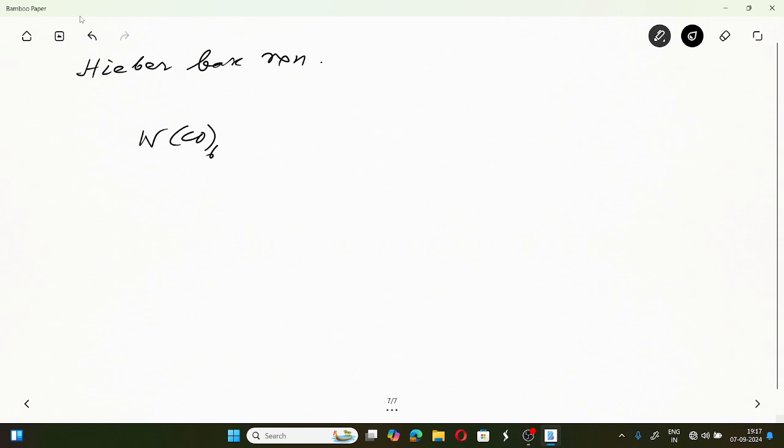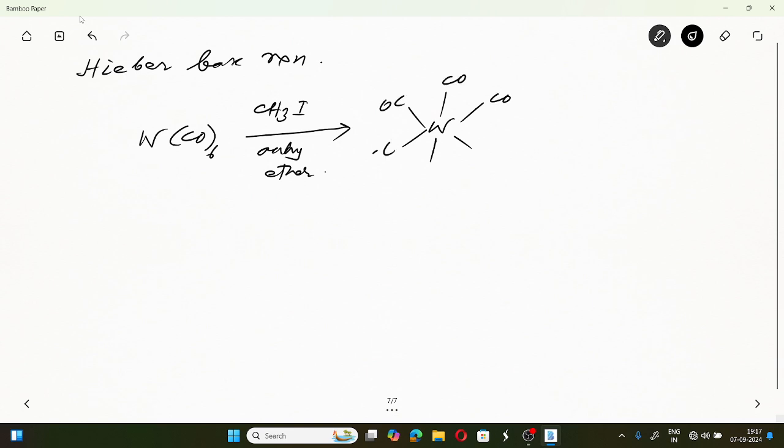Now when this is treated with methyl iodide in ether, ঠিক আছে, methyl iodide CH3I in anhydrous ether, ether বলতে এখানে anhydrous ether নিচ্ছ. So in the first step this is converted to W, it's an octahedral complex. দেখো এইখানে কি হচ্ছে, so in the first step this is converted to a CH3 এখানে লাগছে O minus Li plus,